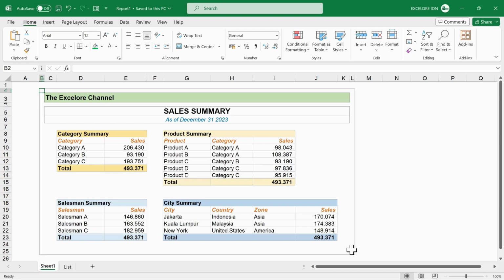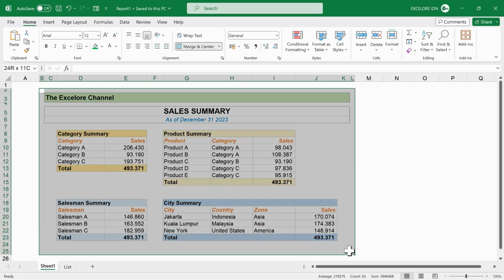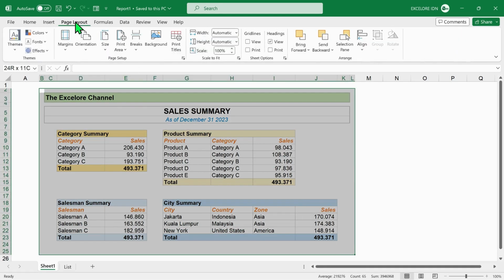Let's conclude our tutorial by covering how to print, protect data, and save a workbook. To print this report template, we begin by setting the print area to exclude any unprintable columns. Select Template Range. Then click the Page Layout tab. Press Print Area. Two options are available: to set a new print area and to cancel the previously set print area. Click Set Print Area. After that, go to the File tab.